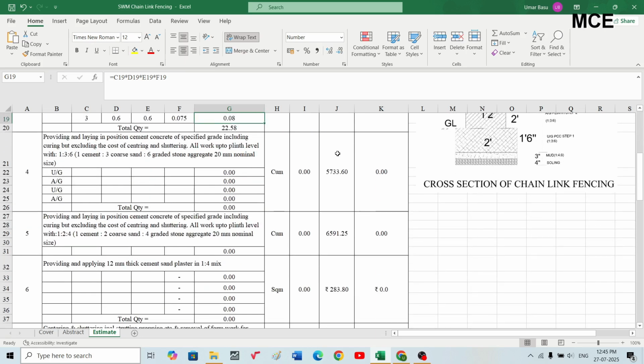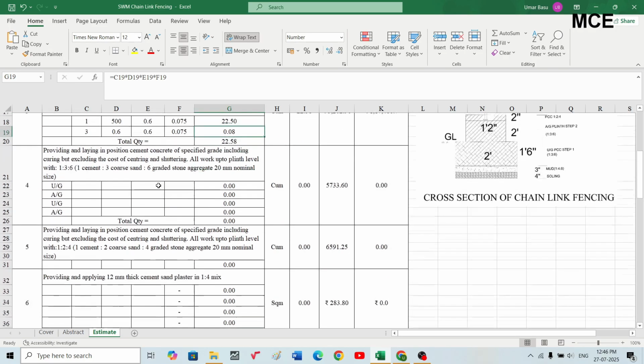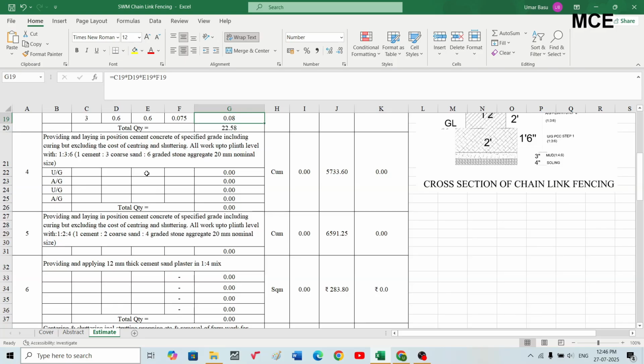Okay, but the basic steps, that is the items, will remain same. Only thing you can change is the mix ratio. If I am using 1:3:6, that is M10, you can use M15, the richer mix, or M20. Okay, according to your own country. Okay, now the second item is the providing and laying in position cement concrete of specified grade, including curing but